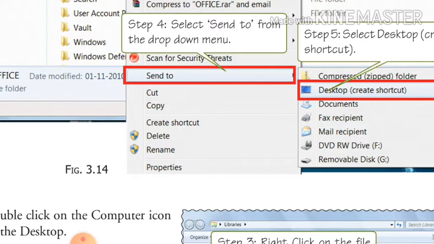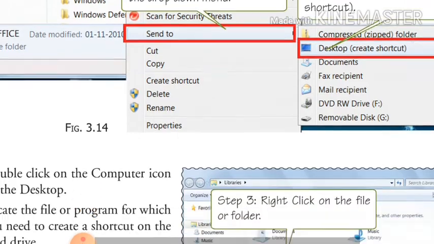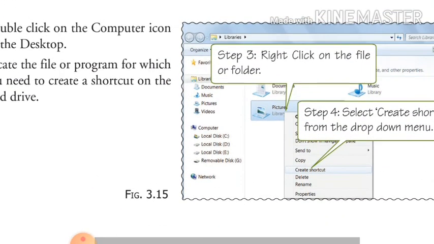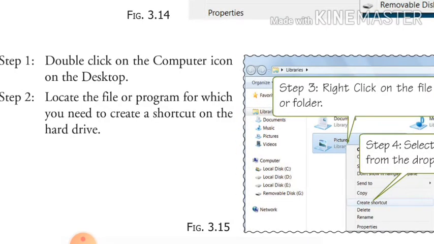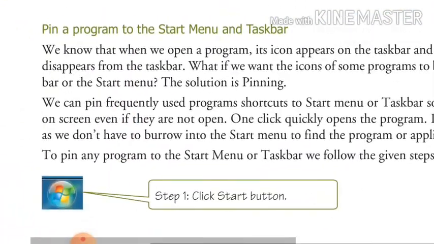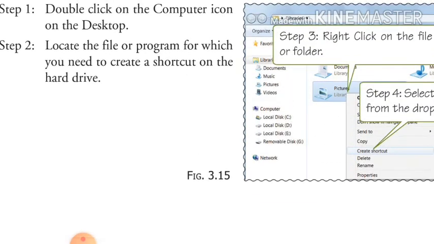I want to explain how you will know which file is a shortcut file and which file is a source file. A shortcut file has the arrow, the round arrow at the bottom of the icon.